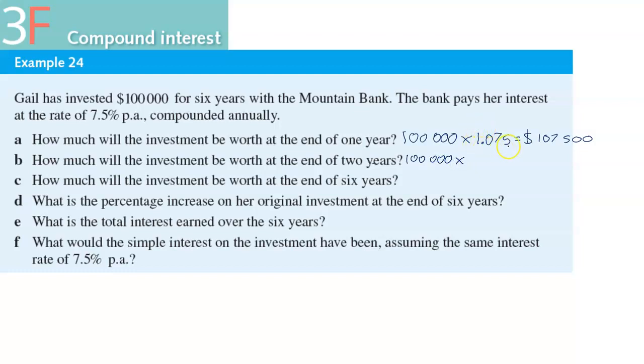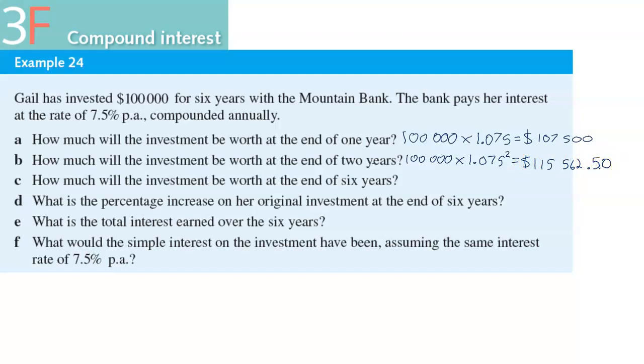Now I'm going to be multiplying by 1.075 twice. 1.075 times 1.075 is the same as saying 1.075 squared. And that goes in the calculator and we get 115,562.5. We're talking about dollars here though, so we put a 0 on the end